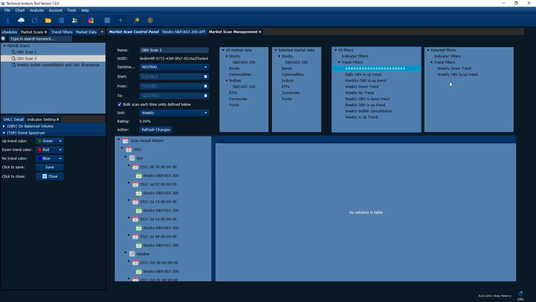Okay, so first of all, I'm not going to use this one because, just for demonstration purposes, I already created another one which is exactly the same. For weekly, OBV is uptrend. I'm going to select this one. Also, I want to find a more extreme